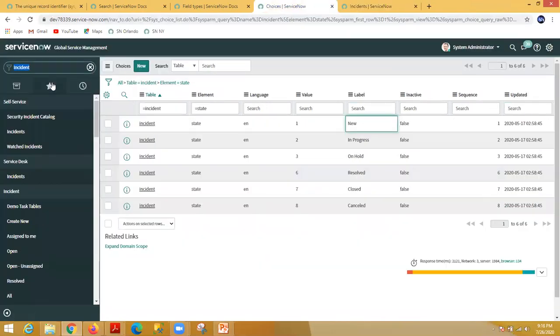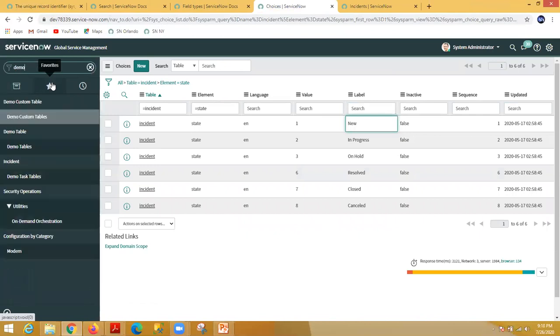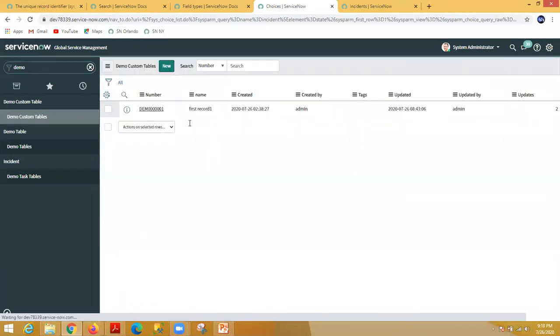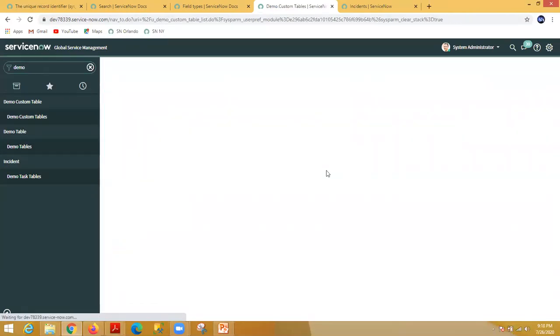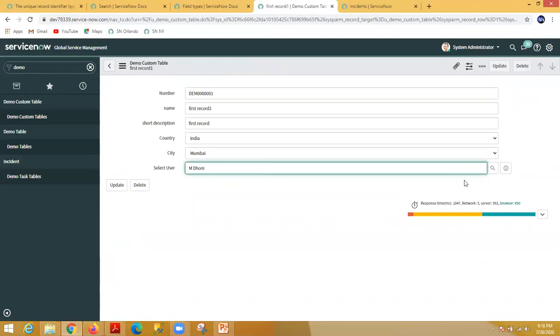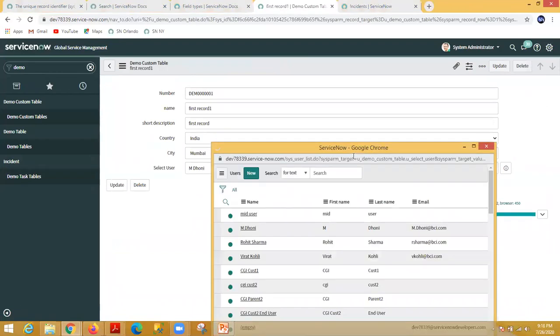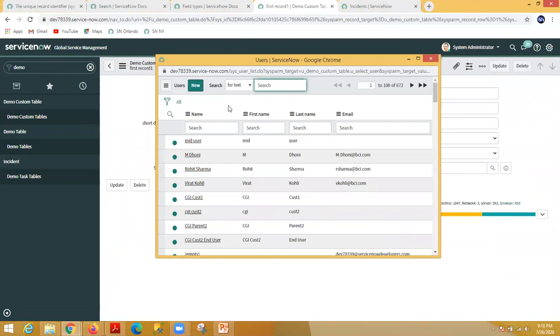Right? So if you open the demo custom table and open this record, M Dhoni is there. If you select here, you will see only active user records. Even you can apply a condition as well.